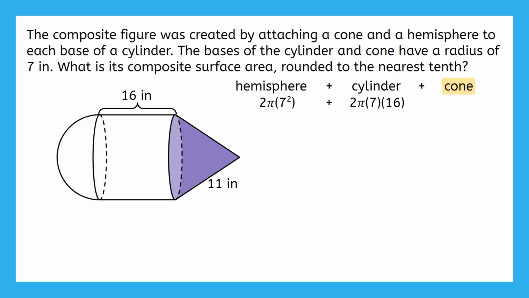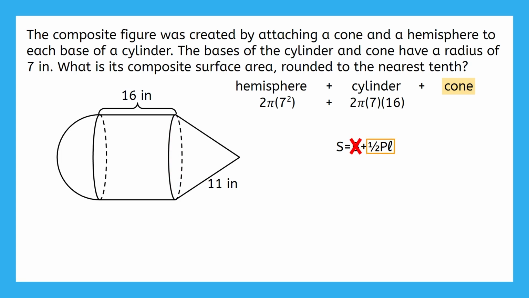The formula for the surface area of a cone is big B plus 1/2 big P times lowercase cursive l, which is the slant height of the cone. What does this term big B represent? Yep, just like before, it's the area of the base. Should the base of the cone be included in the surface area of this composite figure? All of it? Part of it? Just like the bases of the cylinder, the base of the cone is no longer part of the outside surface of this figure. So we won't need this term at all.